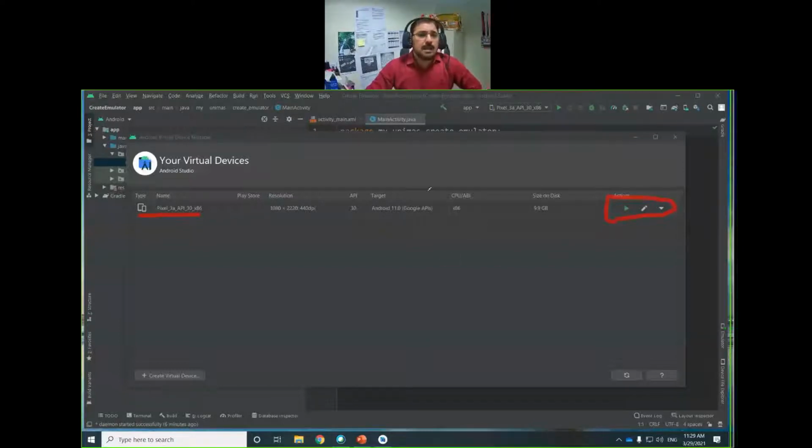All the properties are given here. In your case, this window may be empty because you have not created one. Then what you will have to do is click this Create Virtual Device button.